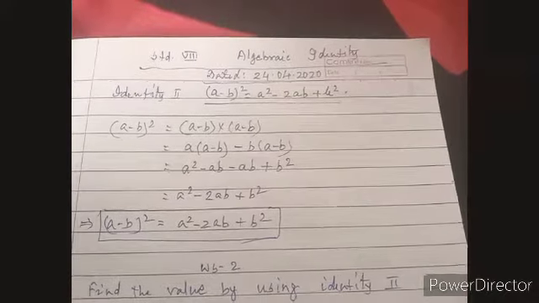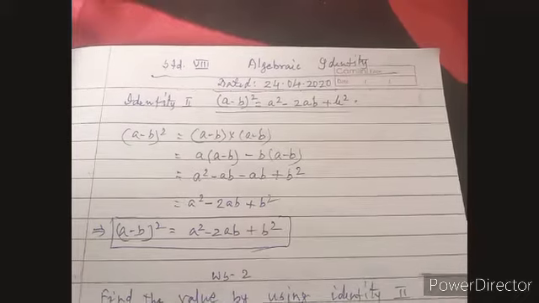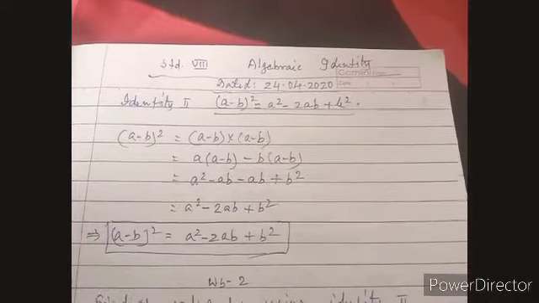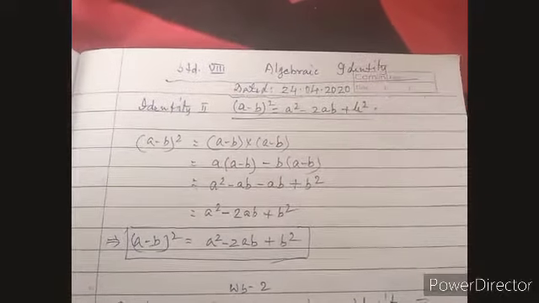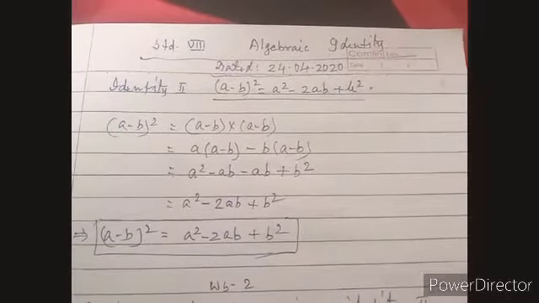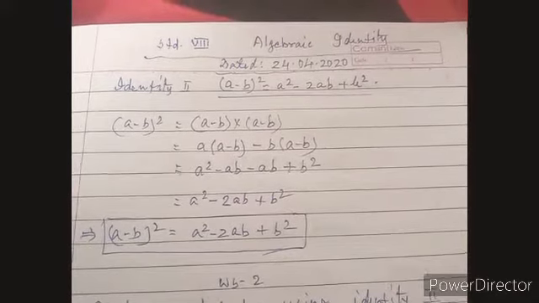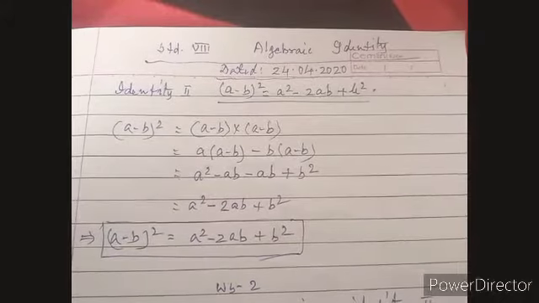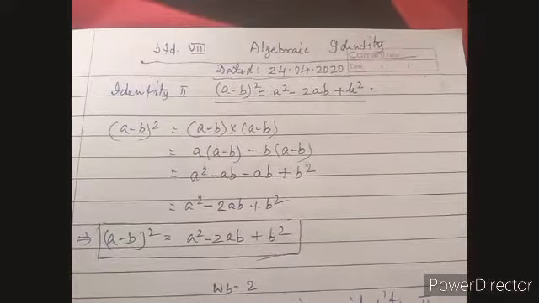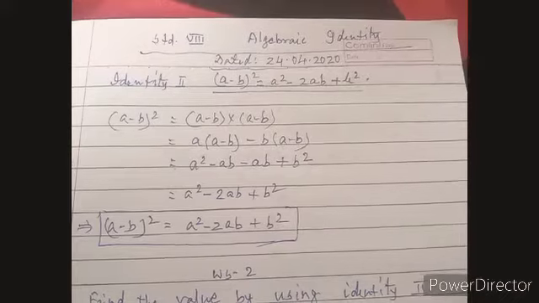Today, I am going to start the algebraic identity number 2. Previously, just one day before, yesterday, we had discussed algebraic identity number 1. And what was that? It was (a plus b) whole square is equal to a square plus 2ab plus b square. We have also done some of the problems related to this identity, and the same worksheet 1 was given as homework to you. I think you must have done all those problems of the exercise.